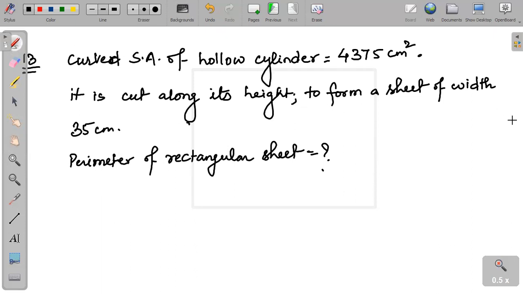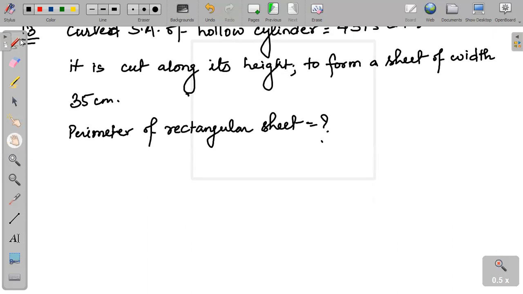After cutting along height, it forms a seat of width 35. So basically height has got transformed into width of the seat. This is the whole curved surface area, that means the whole area of the seat is 4375 centimeter square, out of which the width is this much. So length of the rectangular seat will be